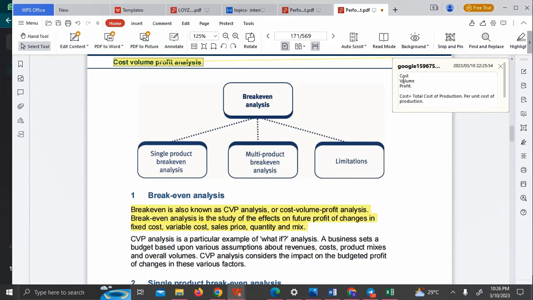Now, the volume here stands for quantity produced, while the profit there is equal to sales minus total cost, right? So by cost volume profit analysis, what our analysis is actually doing is detailing